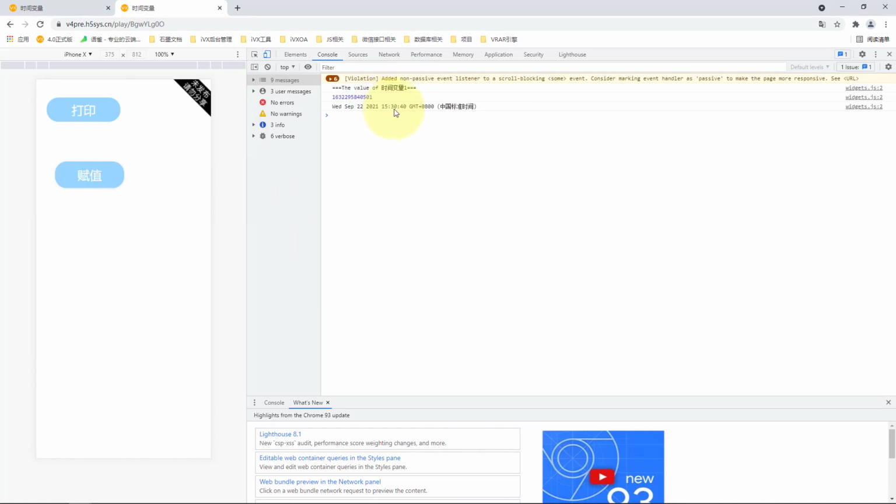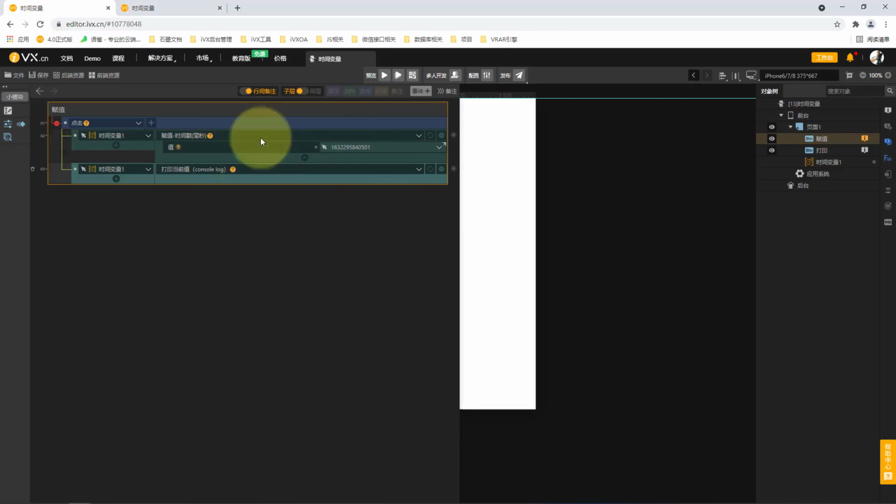The first assignment is the assignment timestamp, and the unit is in milliseconds. Let's see our time variable here. Because we fixed a value to it, here it printed the value of that time, not our corresponding timestamp. Let's take a look. Similarly, we directly click and print. We can see that it corresponds to a value like 15 hours 30 minutes and 40 seconds. Because I previously assigned the value of such a timestamp, it will fixedly save such a value